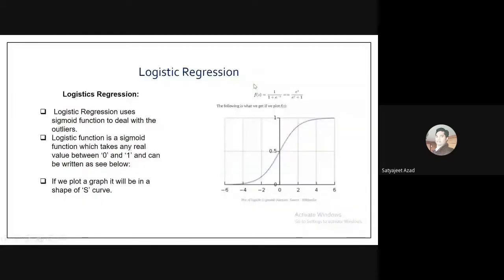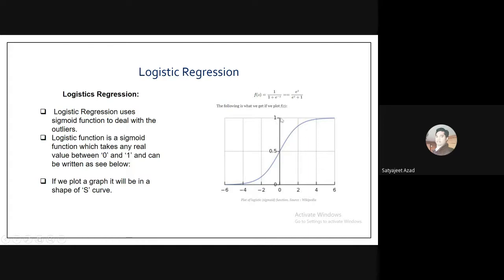Now you all know there is something called the logistic function, which is called the sigmoid function basically. The sigmoid function in maths is f of z equal to 1 divided by 1 plus e to the power minus z. The sigmoid function basically oscillates between 0 and 1. The value cannot go beyond 1. The minimum value will be 0 and the maximum will be 1. That is why the sigmoid function works for binary classification problems.